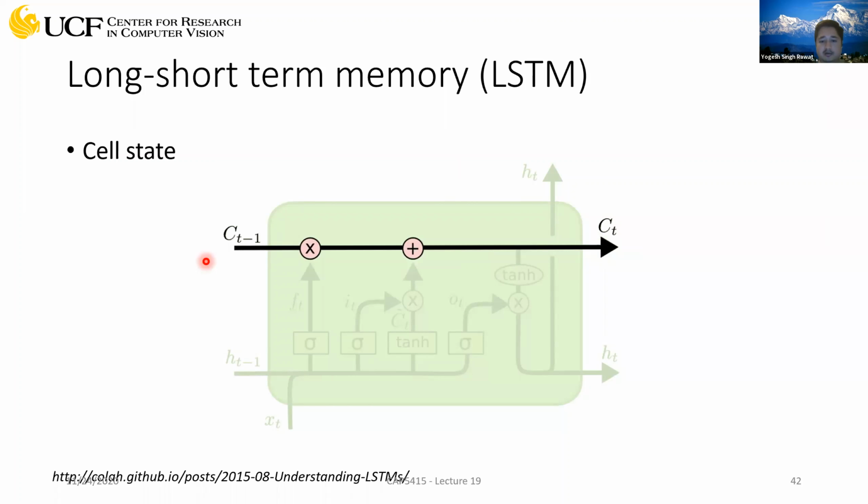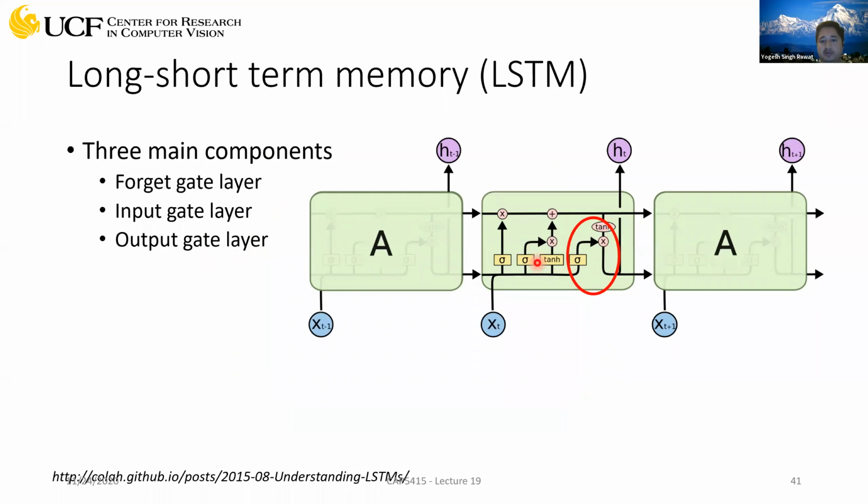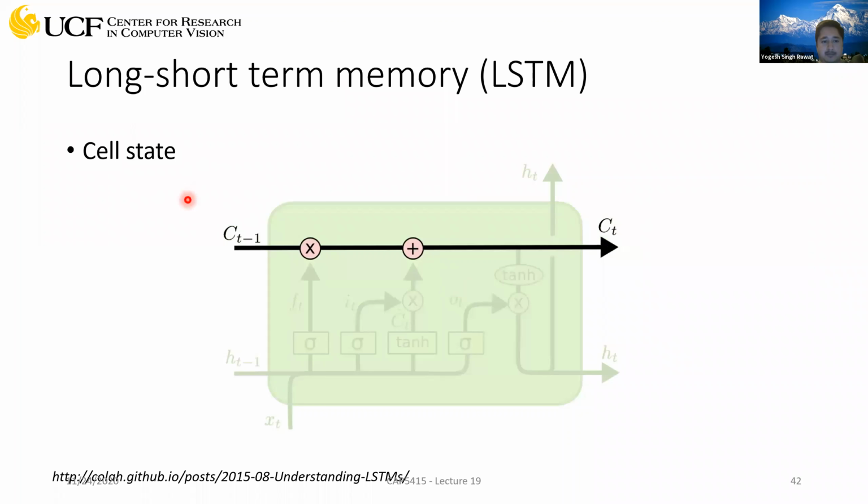Before moving to that, in an LSTM structure, you have two different variables which you store in your recurrent cell. The first is the cell state, which is flowing in the top. This represents your current cell state based on whatever you have seen so far. You have accumulated that information and made some kind of judgment. That's called the cell state. And the other variable is the hidden state, which is passed from one time step to the other.